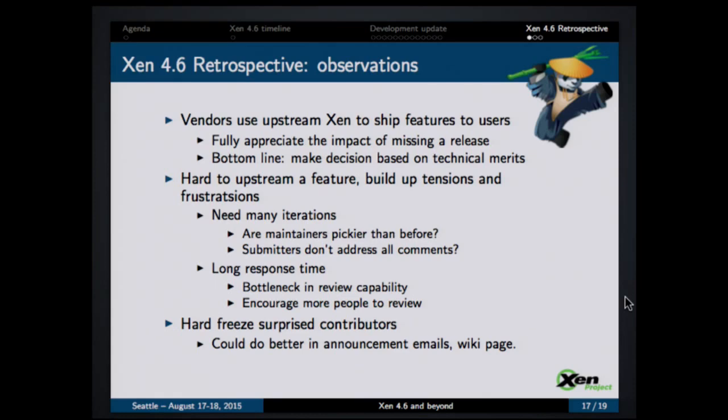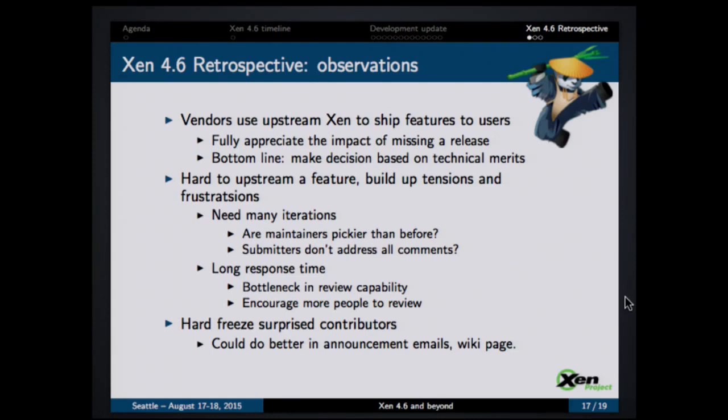But we do have a bottom line, which is that every decision we make is still based on technical merit. That means we normally don't yield to political pressure, and we would like to keep it that way.